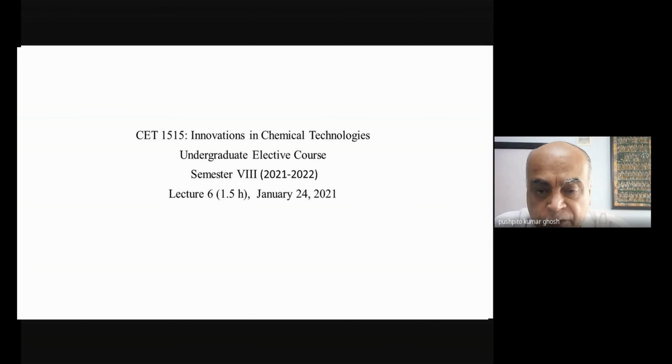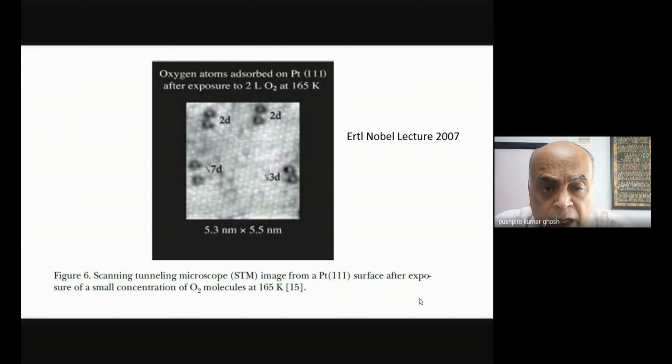Although Haber's work was great and it showed what is possible, ultimately, of course, BASF had to do something different because otherwise, commercialization was not possible. Okay? And I also told you that the mechanism by which the catalysis occurs was unraveled a lot later. More than 50 years after really this work was done, and it was done by Ertl,